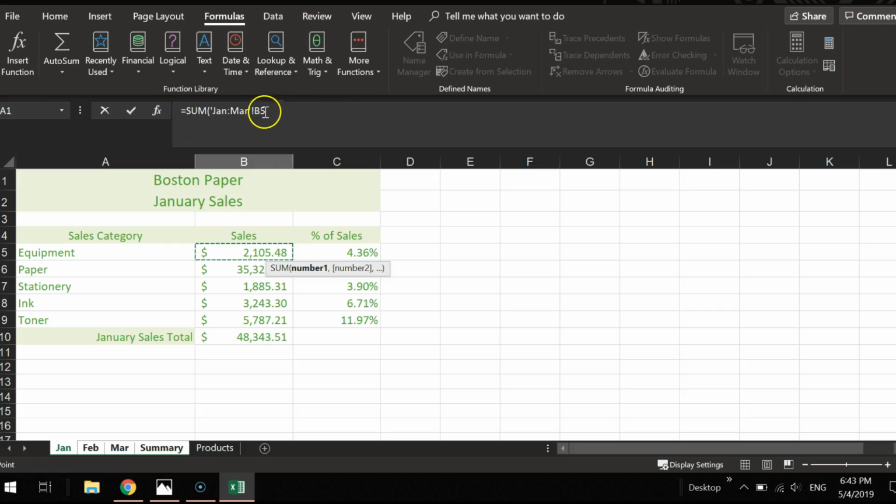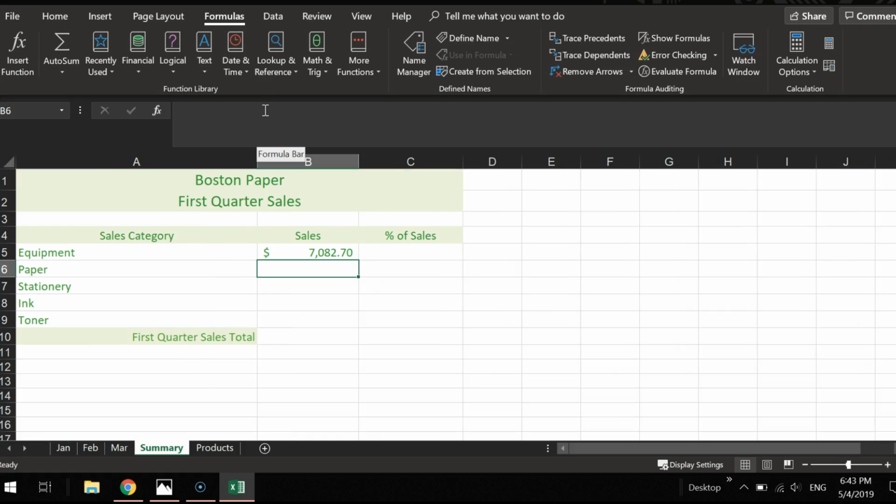I look up here in my formula bar. I have my sum from January until March, so February is included here, and it is summing all the B5 cells. So I'm going to click into the formula bar. Once my cursor pops up, then I'm going to close my parentheses and I can press enter. So it takes me back to my summary page automatically, and it input my total. I will see if I could use the fill handle and drag it in,